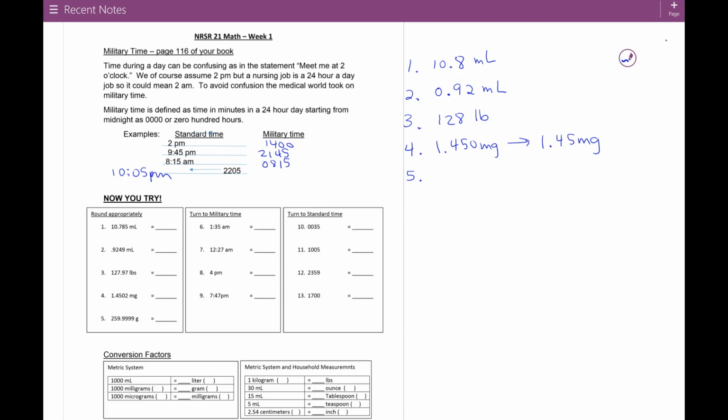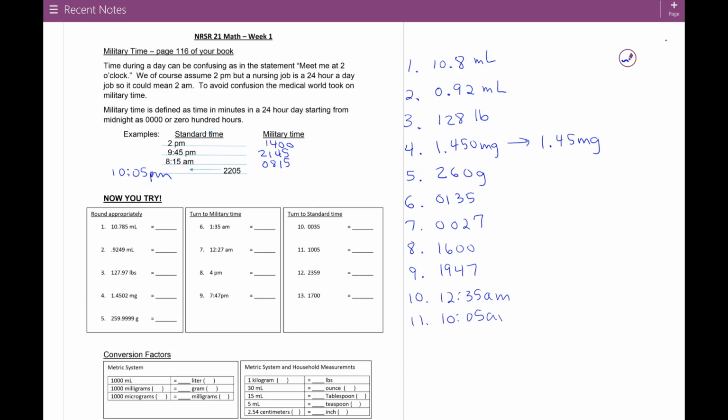And then number 5 is going to round, if you put another drop in there, it's going to round up to 260. So again, by the trailing zeros rule, no decimal and no trailing zeros. Number 6, we get 0135 and 0027, 1600, and 1947. And then if we go back the other way, we're going to get 12:35 a.m.,